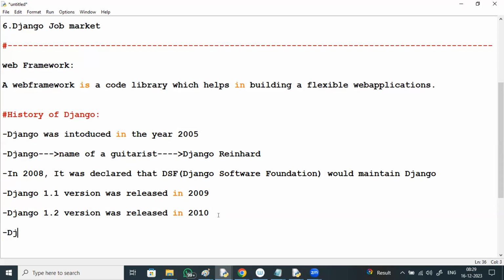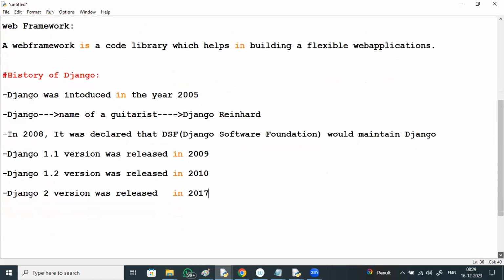Next, the Django 2 version was released in the year 2017.